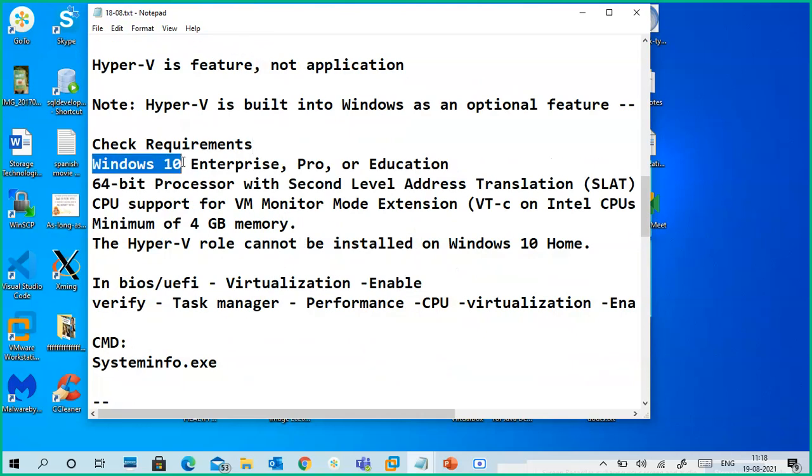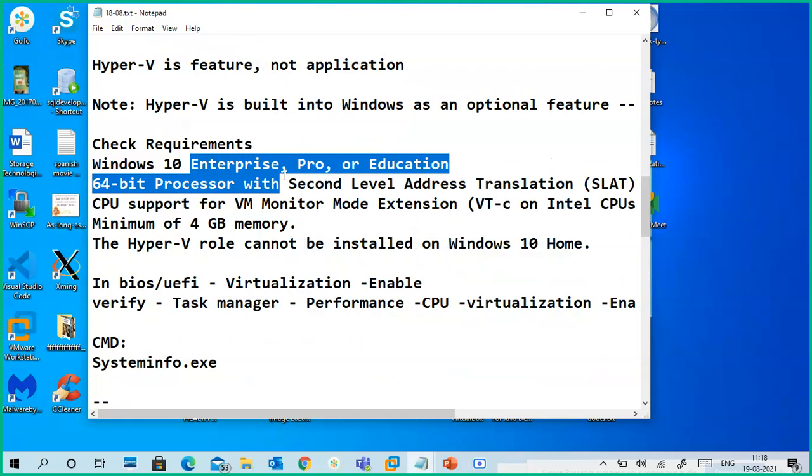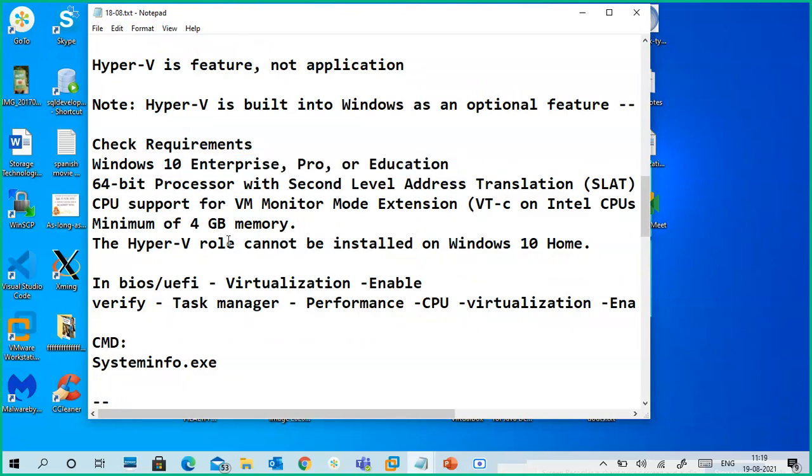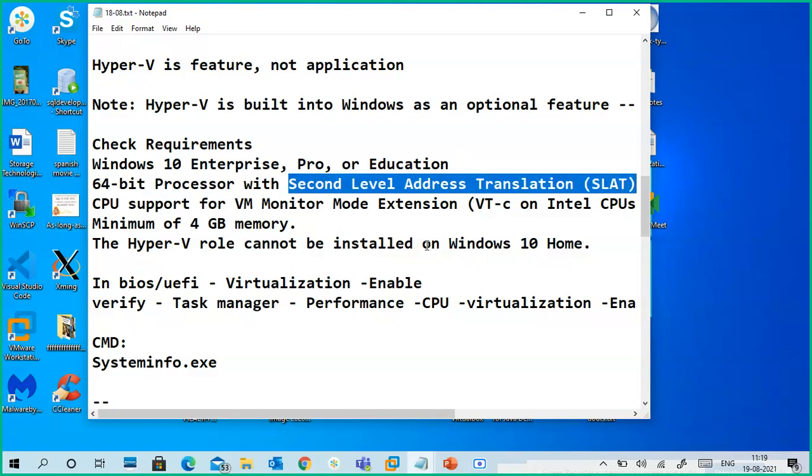In the Windows operating system, you require Windows Enterprise, Pro, or Education. Windows 10 is the latest; if you are using 8, you have to upgrade to 10 compulsorily. A 64-bit processor is compulsory, with Second Level Address Translation, which is SLAT. In the BIOS or UEFI settings, you have to select virtualization enabled.